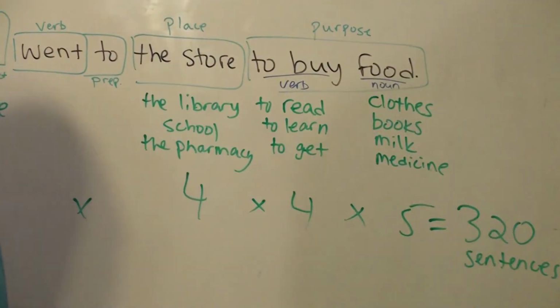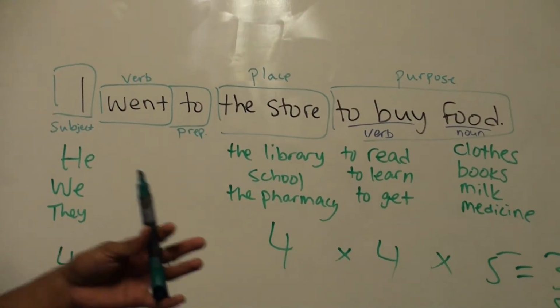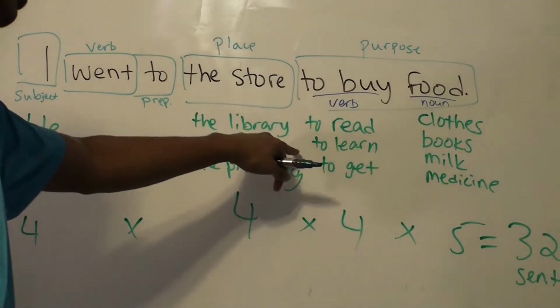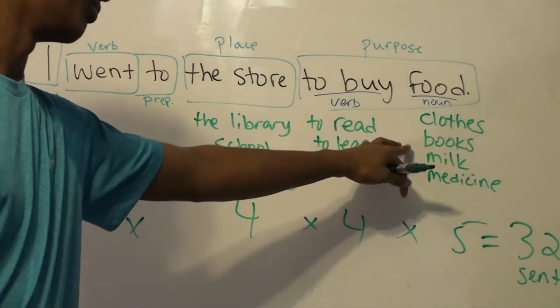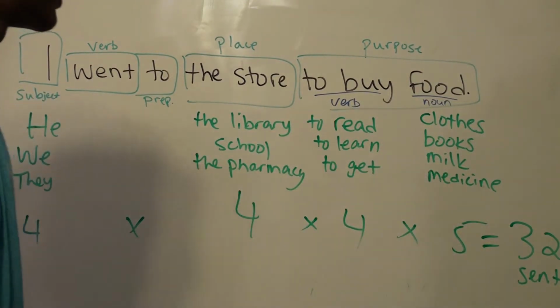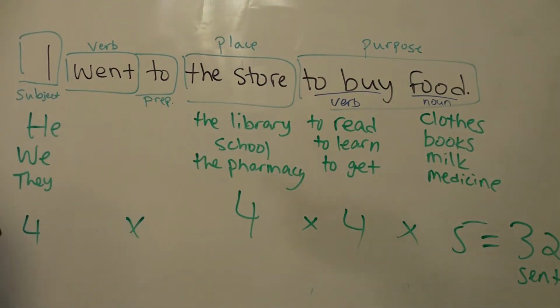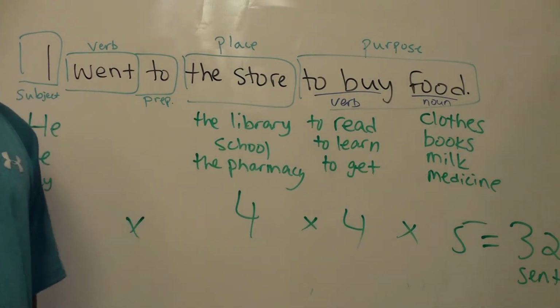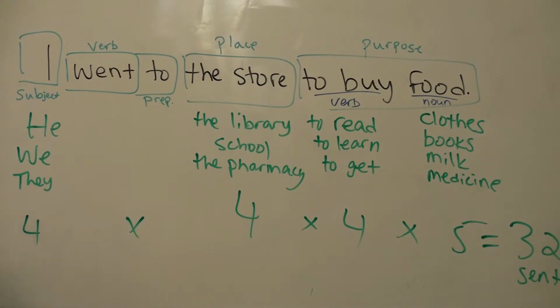Now, of course, a lot of these sentences aren't pragmatic. For example, you wouldn't say, we went to the pharmacy to learn books. That sentence doesn't really make sense. Or, even something like, he went to school to get clothes. That doesn't make sense either. But this ties into what I'm about to say, which is,